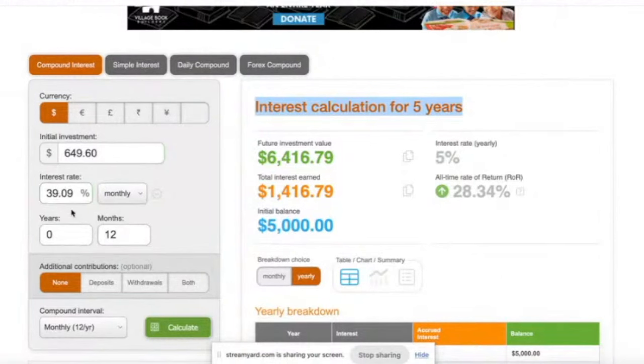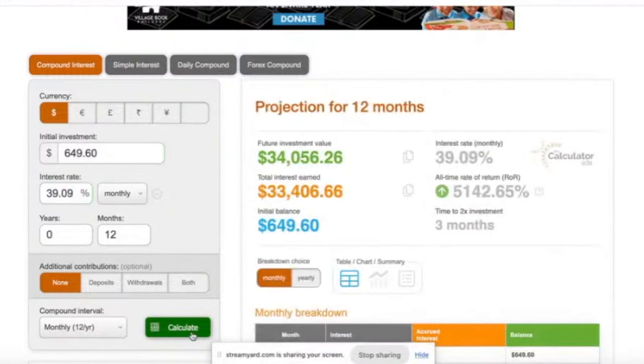Now, he's done it for 2 months because his ROI was higher than that. You remember I said I took the lower ROI. Okay, so this is the lower one. And we compounded it for 12 months. And again, I don't mean switch on that compound tool inside Johnny Blockchain. I mean compound the profits maybe into new bots, either the same bots with higher amounts in, because this guy's got a few bots running that are trading with $20 a time. Okay, so let's just click this calculate button. So that $649, if he never put no more funds towards it, would turn into $34,056